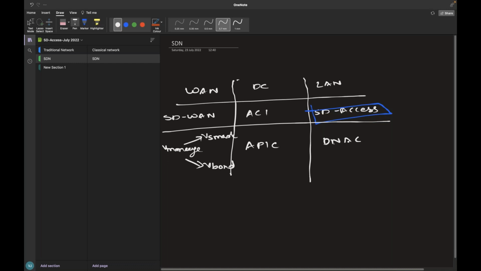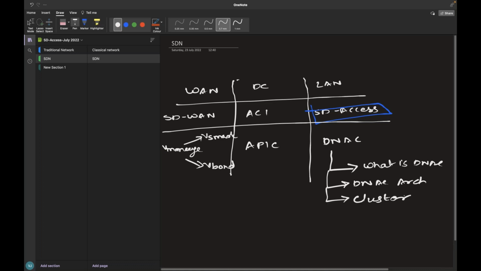When we start our batch, or when we go through the entire training, we will go in depth on DNAC as a special topic, about what DNAC is. We'll try to understand more about DNAC architecture, because it's very important to know how this server has been built, what the underlying platform is, and how we form a cluster, because it's not your traditional way of forming HA with two appliances.